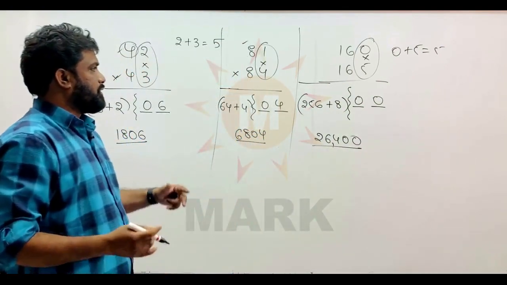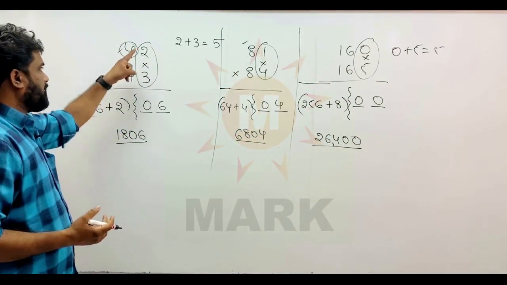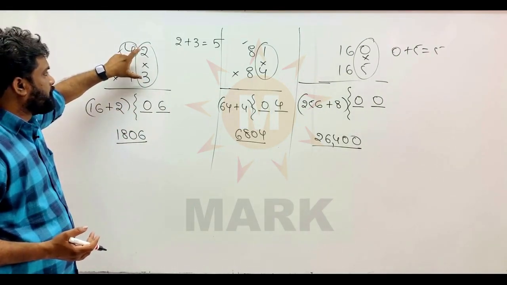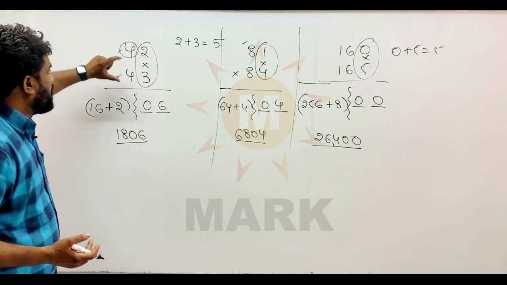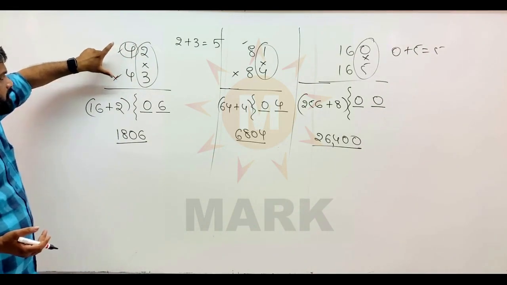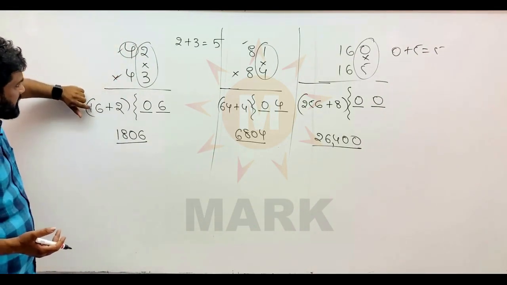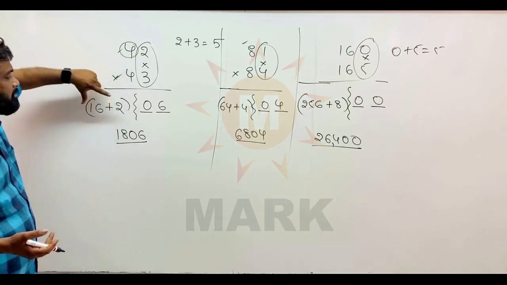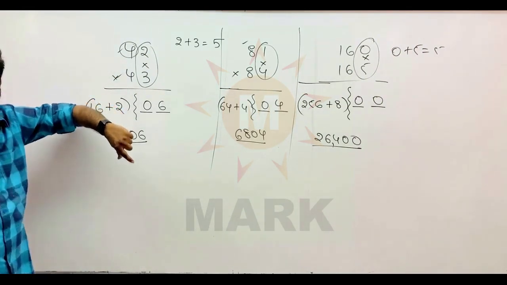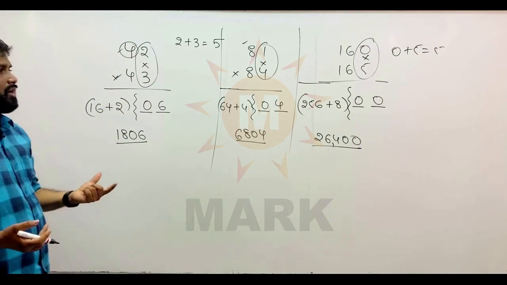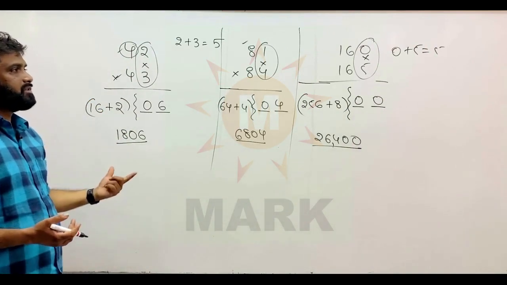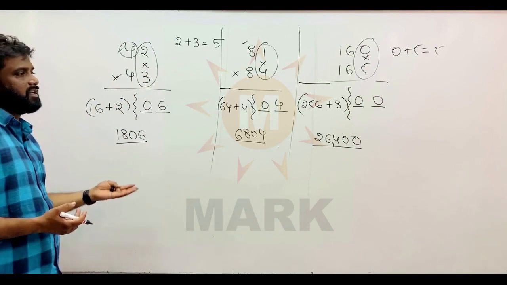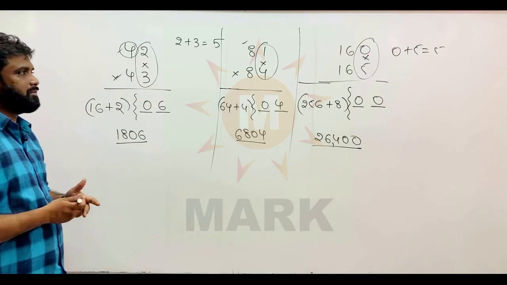Okay. So now, write the product, giving 2 slots first in the right part. Whatever the product of the units numbers is, you write that number. After that, you take the left part and you square that number first. Then half that number and add both. That is the left part number that will come there. So this is how we multiply numbers where the unit digit sum is 5 and the remaining numbers are same.